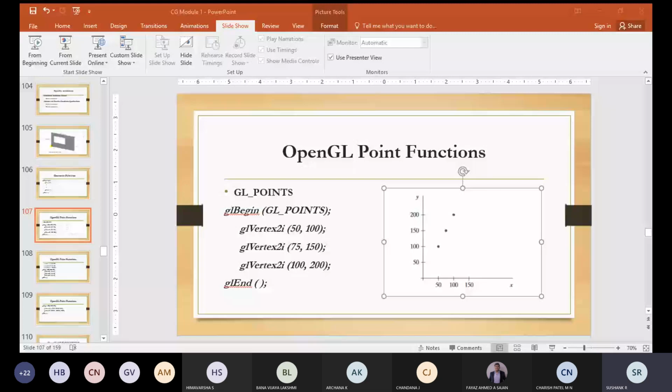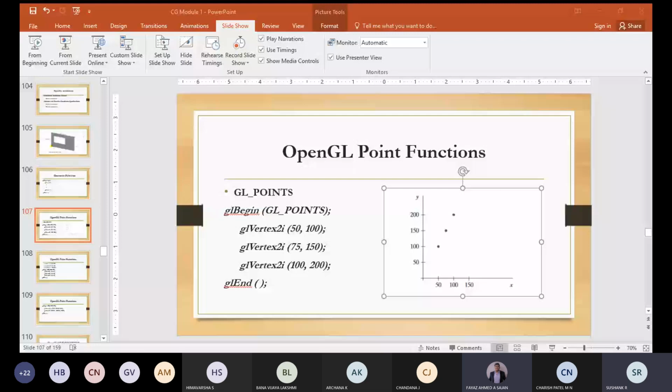Whether you are getting this, yes or no? Yes, no, confusion, not understanding? See, I'm just telling the points, how it is being plotted. So that is being shown. Chandana, whether you are understanding this, it's just positions on the screen. That's all. X comma y. Chetana, Akil, Fayaz, whether this point is clear?